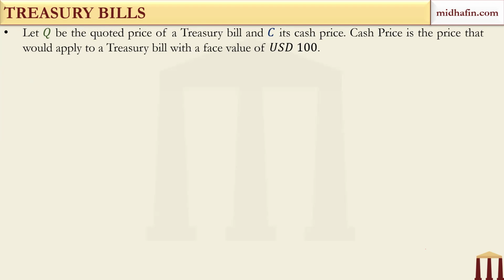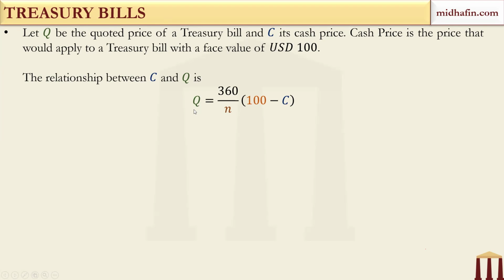Always remember, cash price is the price that you will have to pay in order to receive the face value. Each bill will have a face value of 100. By convention, the face value is assumed to be $100 in the US market. Now, the relationship between the cash price and quoted price is given as Q, the quoted price, equals 360 by N, where 360 is because the day count convention for treasury bills is